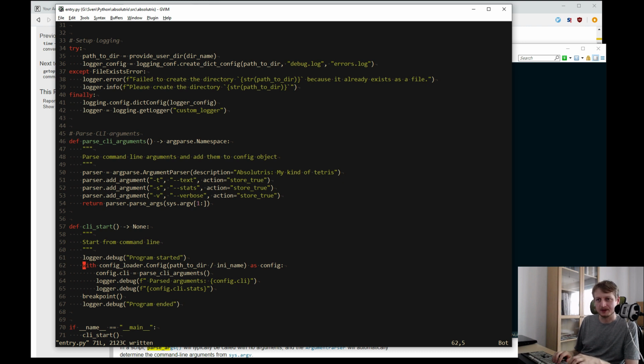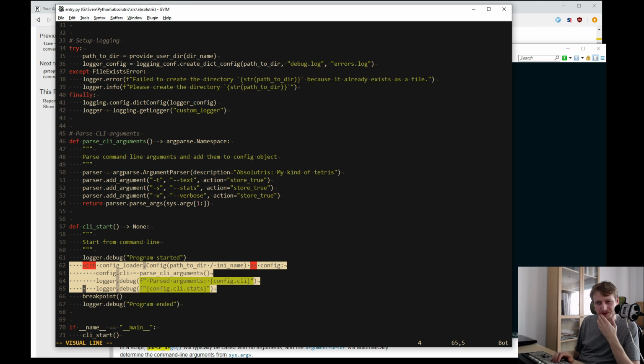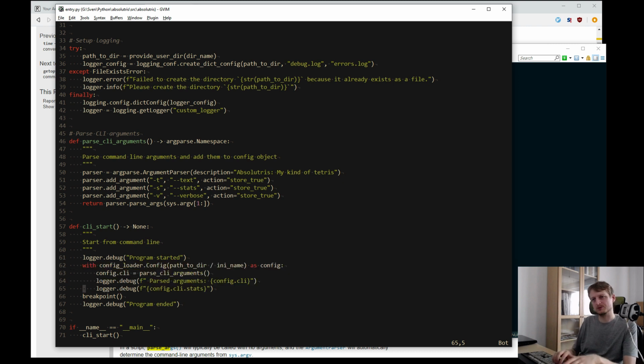So program started, and then we have breakpoints. So here I whoa, what did I just do? Here I wanted to do something like writing the command line arguments which it has parsed into my configuration.